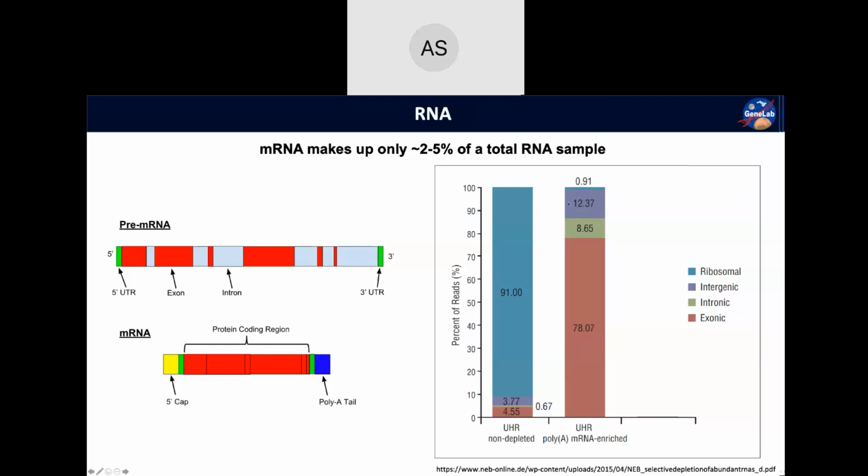And so rather than select specifically for poly-A tails, instead, as I mentioned, we can remove ribosomal RNA. And so this is an example of what happens to the percent of RNA as you do that. And so what you can see here is now you've enriched all the other types of RNA and still drastically reduced your ribosomal RNA. And so in GeneLab, because we want to make as much data available,